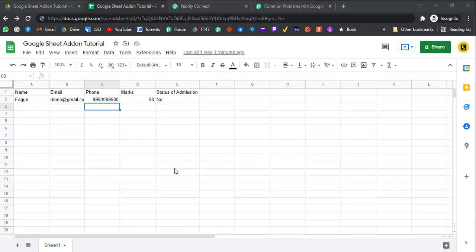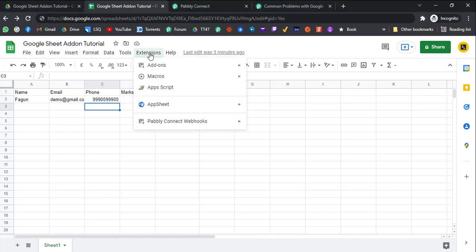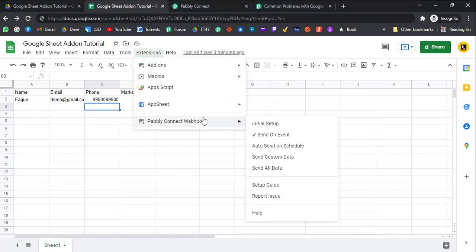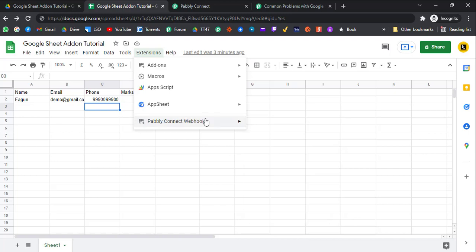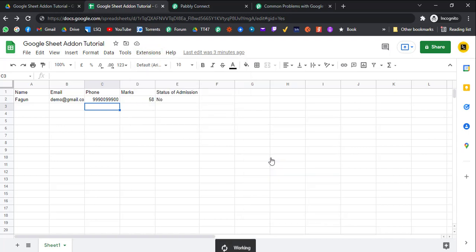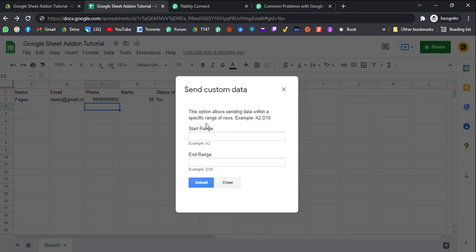Now let's look at some of the other features which make the Pabbly Connect Google Sheet add-on better than Zapier Google Sheet triggers. Basically you can send custom data. You can define the starting range and ending range. For example, if you want to send the data from A2 to E15 or something like that, that will trigger the Pabbly Connect workflow in bulk.